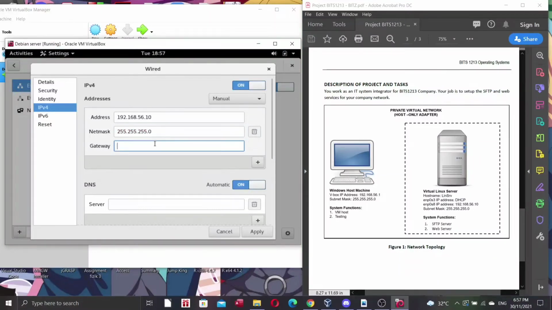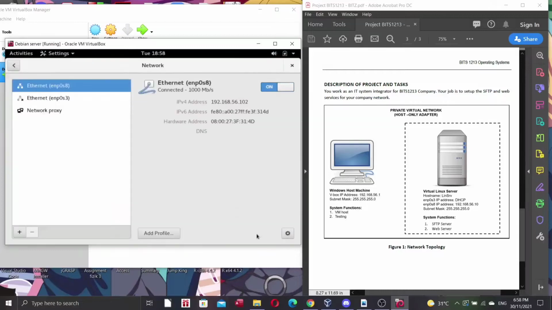Then for the gateway, we need to put our host IP address, that is 192.168.56.1. After that, just click apply. To see the changes, you just need to turn it off and turn it back on. After that, you can see the changes that have been made.